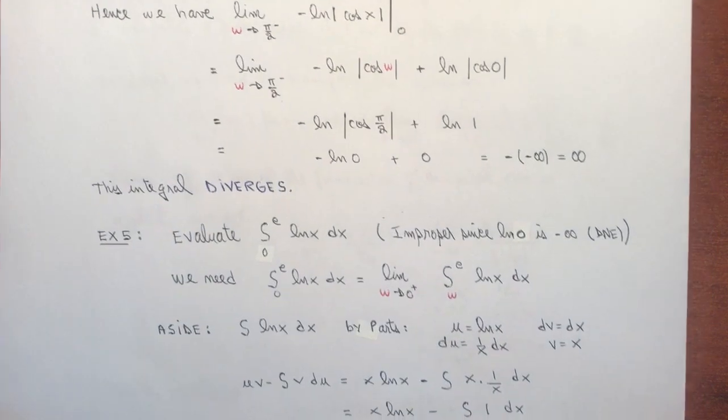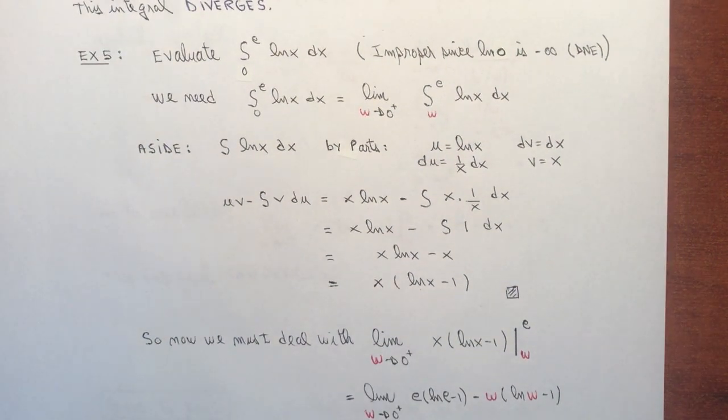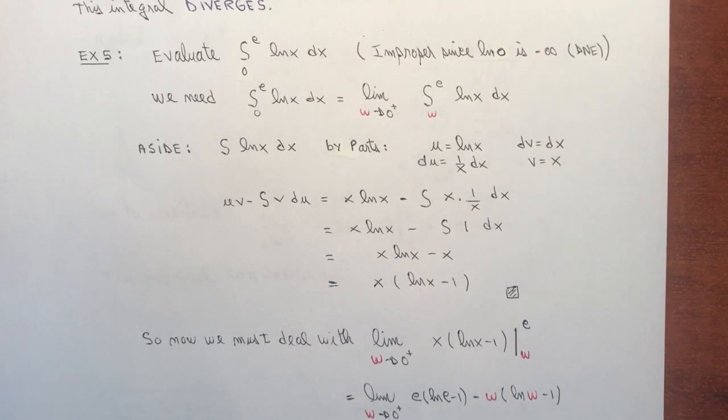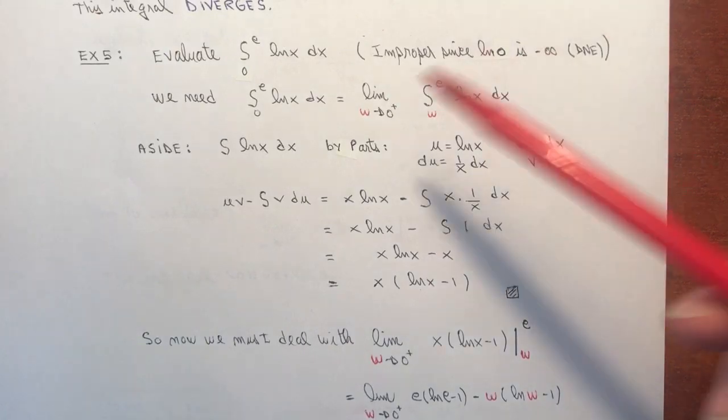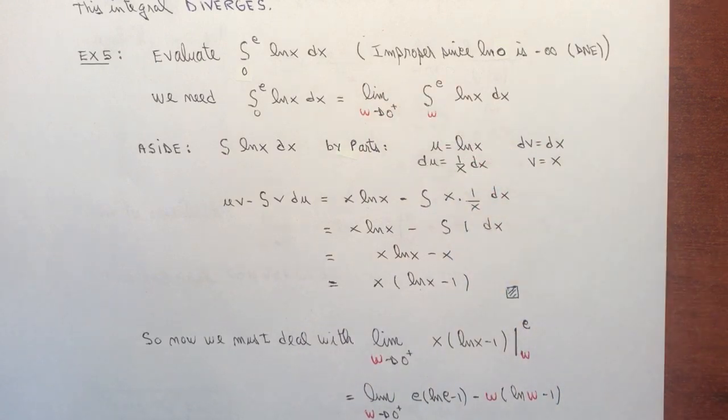One more example, example 5. This time, the integral from 0 to e of ln x. Why is this improper? Because if I put the 0 into the ln x, I'm going to get ln of 0, which is minus infinity, does not exist, we know the song. So we replace the 0 with w, and we take the limit as w approaches 0 from the right side,